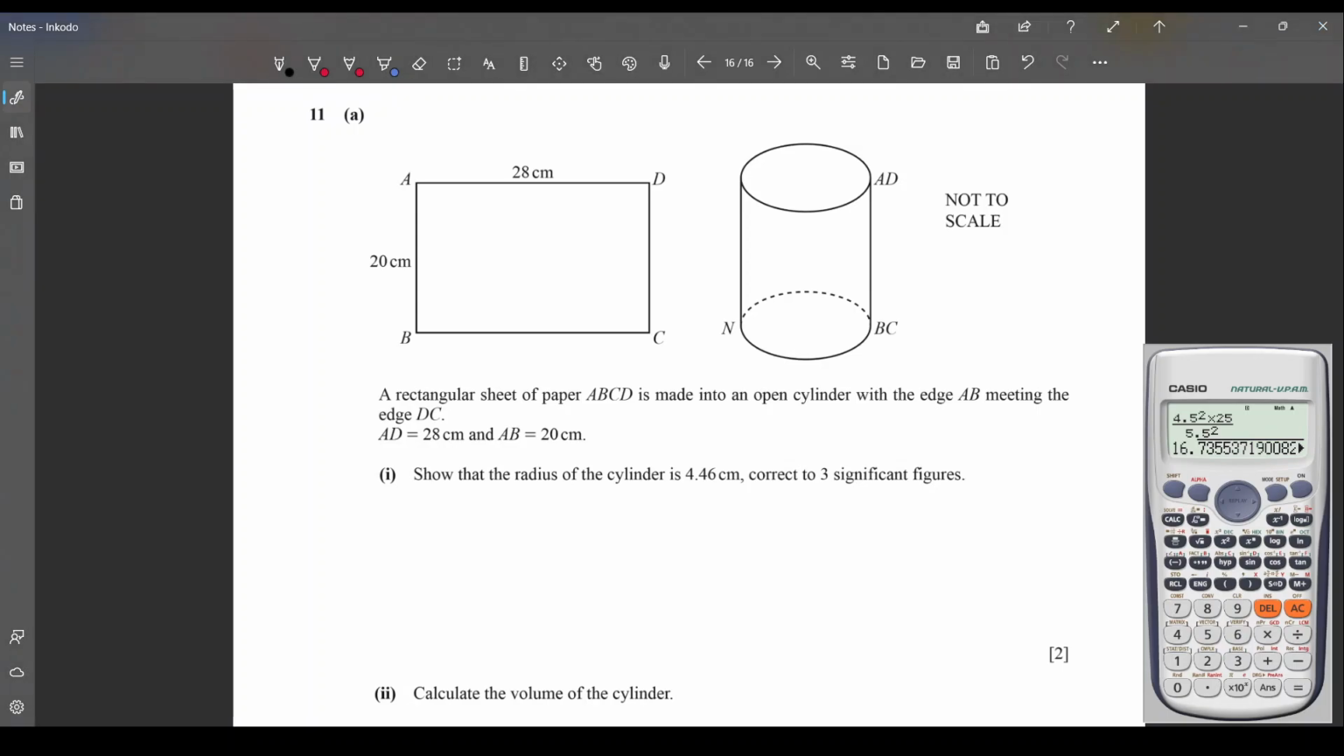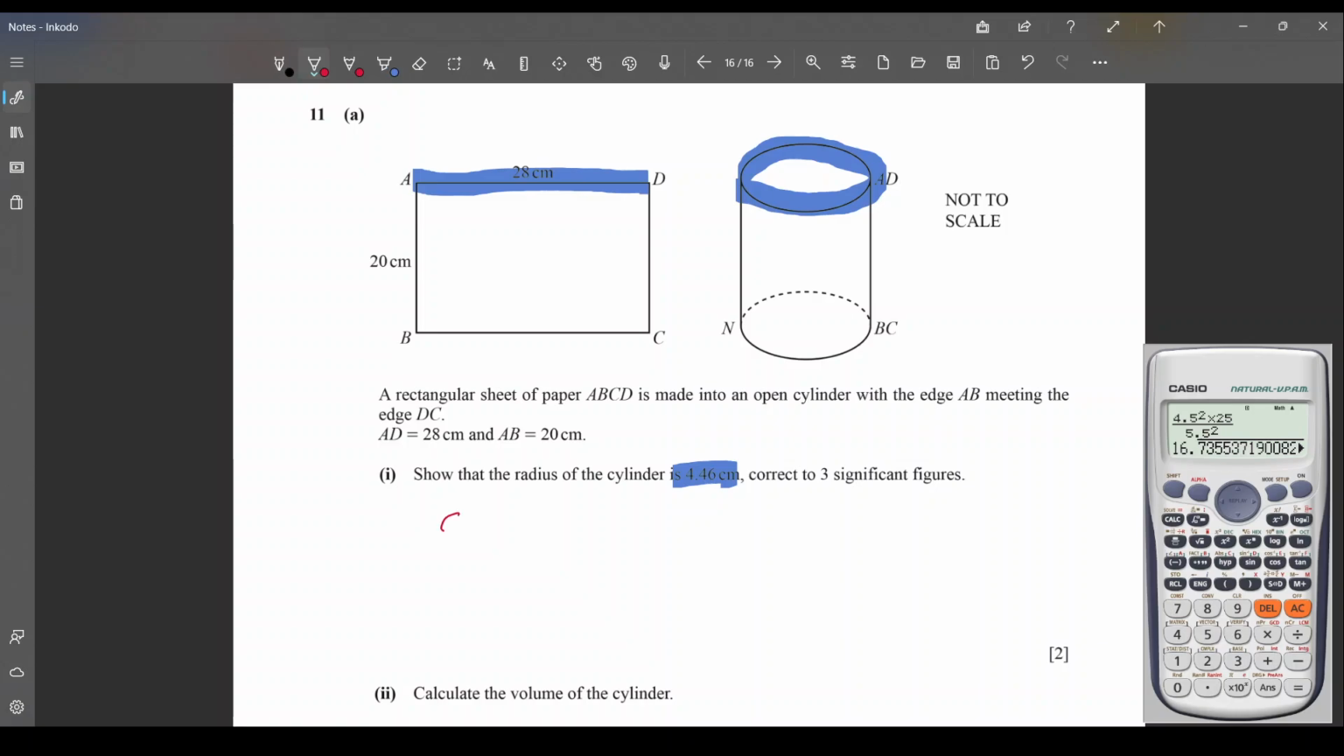Question number 11, part A. In this, it's given that a rectangle sheet of paper ABCD is made into an open cylinder with edge AB. So this AD becomes this AD, right? We have to show that the radius of the cylinder is 4.46 centimeter, correct to 3 significant figures. So the radius of the